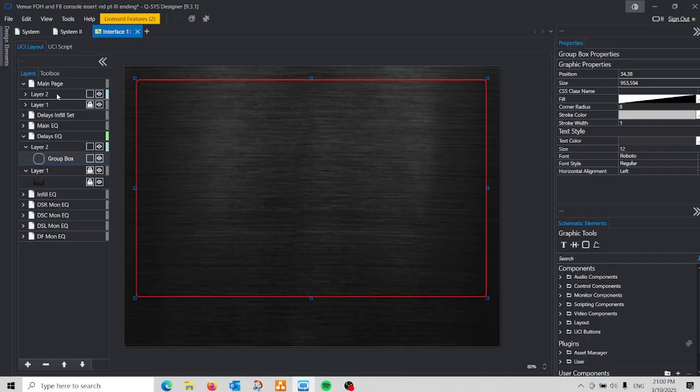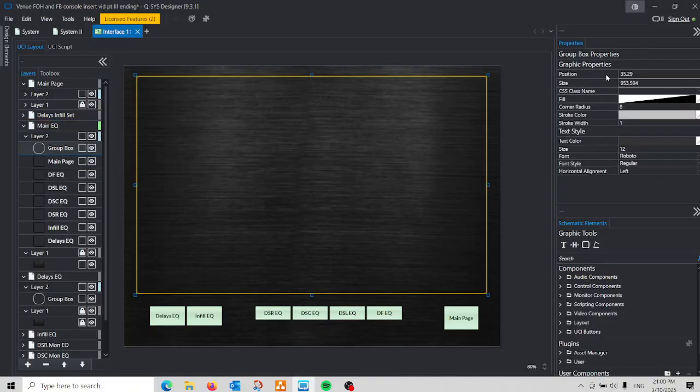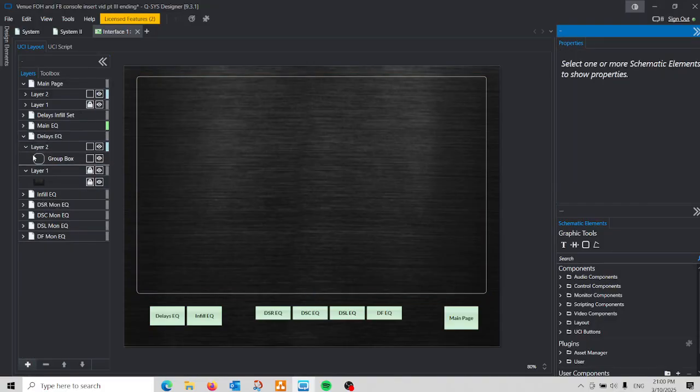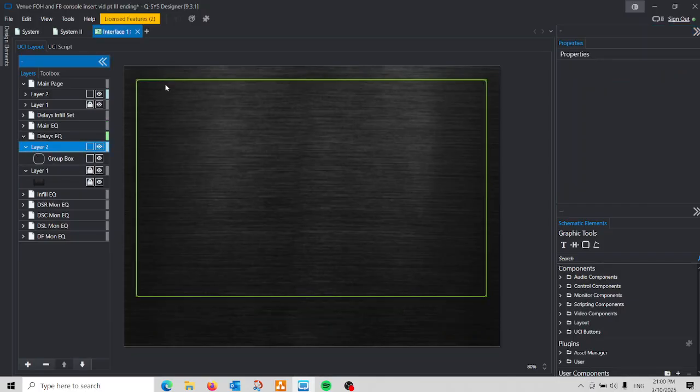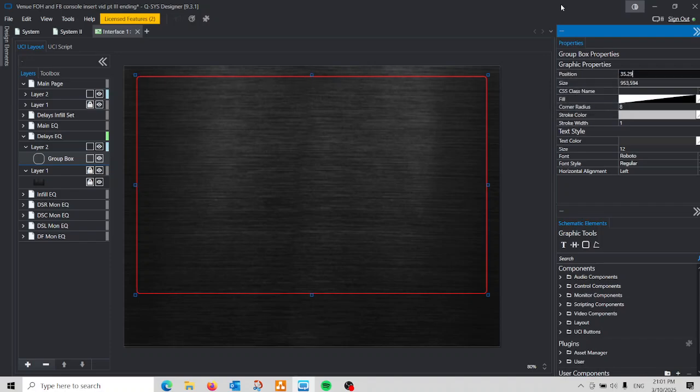Now, of course, we go to our main EQ, get the position. Exactly the same position, and now that's going to follow a template